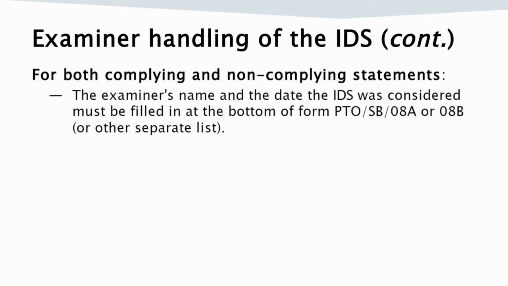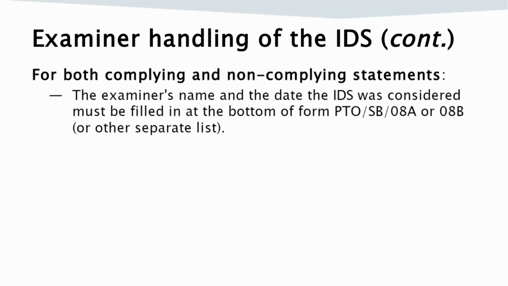Examiners must consider all citations submitted in conformance with the rules, and their initials when placed adjacent to the considered citations on the list or in the boxes provided on form PTO/SB/08A and 08B, or the examiner may use the alternative electronic signature method noted on the previous slide, provides a clear record of which citations have been considered by the office. The examiner must also fill in his or her name and the date the information was considered in blocks at the bottom of the